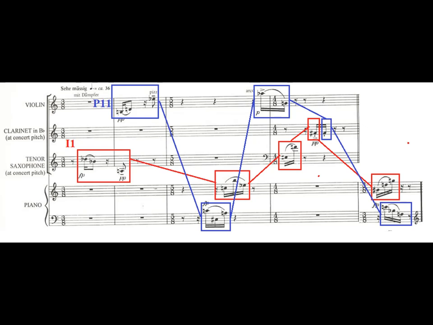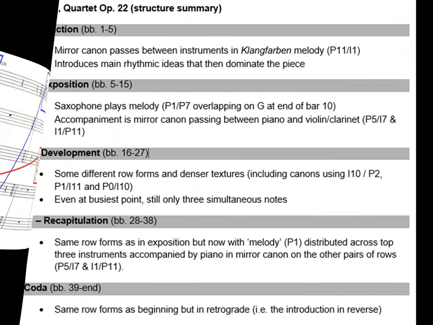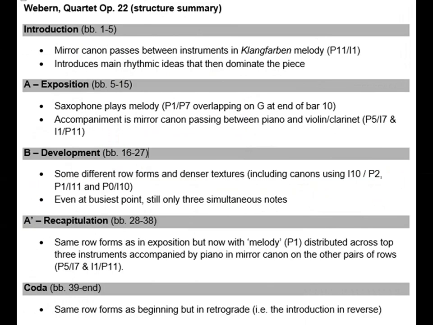So the piece is bookended by this introduction in which the material is presented forwards, and then the piece is capped off at the end by the same material being played backwards. So this shows the whole movement summarized. It's very short, like virtually all of Webern's music, and it's in a kind of sonata form,